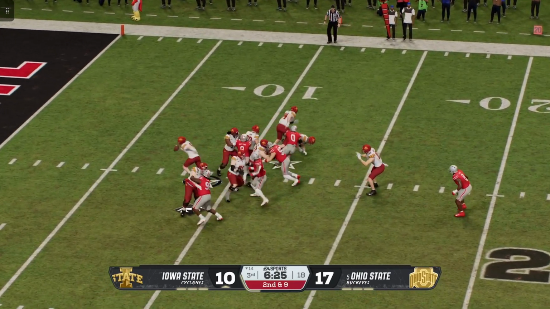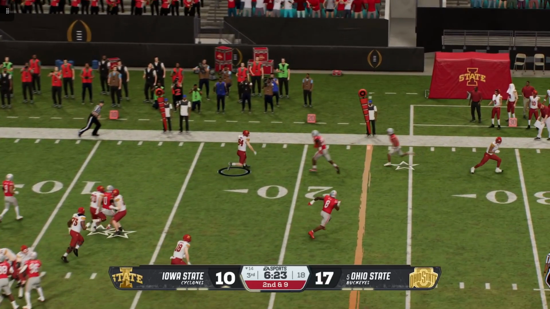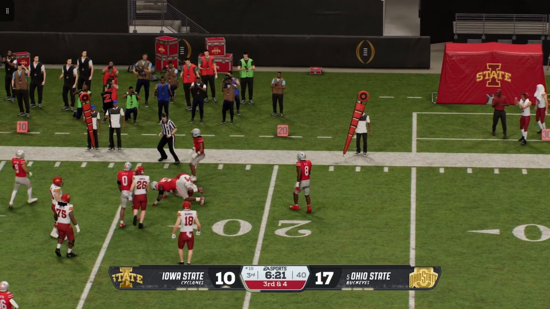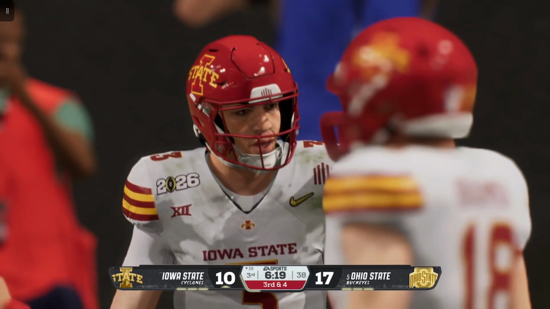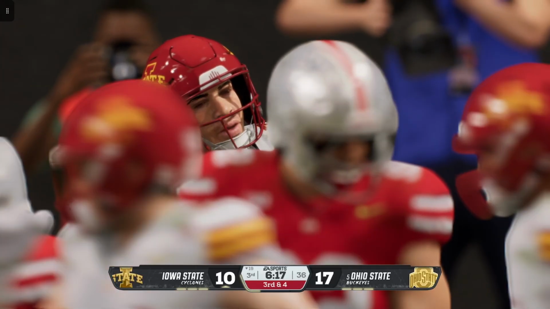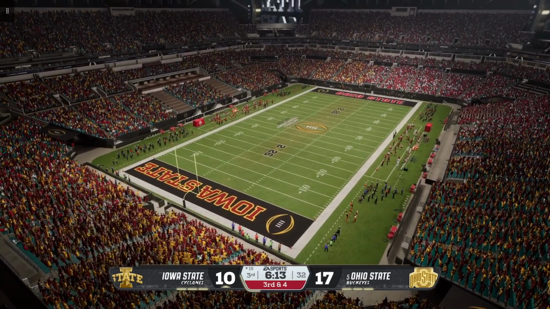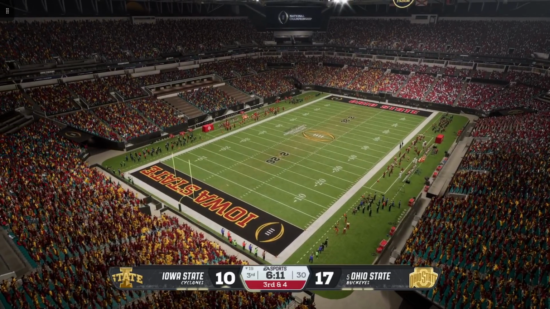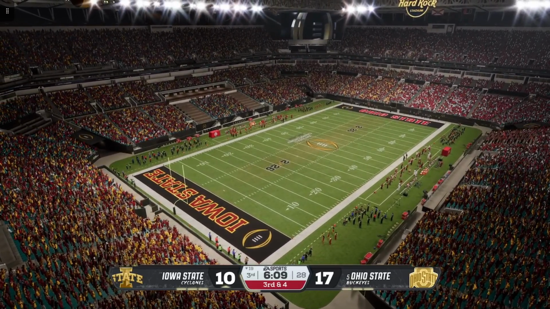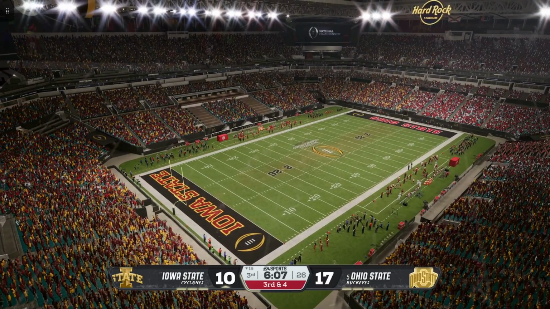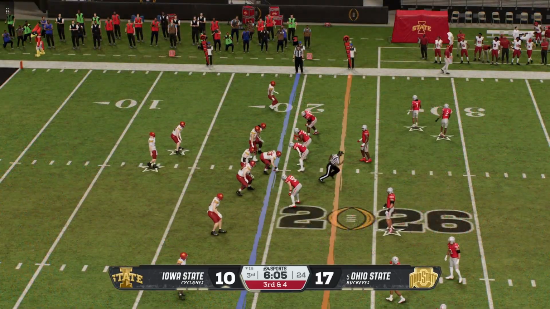A play action, looking to throw. Looks to the left, and it's complete. Receiver brought down after a short pitch and catch. This is why running the football is so important. You run the ball and you go play action. It affects the eyes of the safeties and linebackers and frees up some space for the tight end to be able to pick up a nice gain.